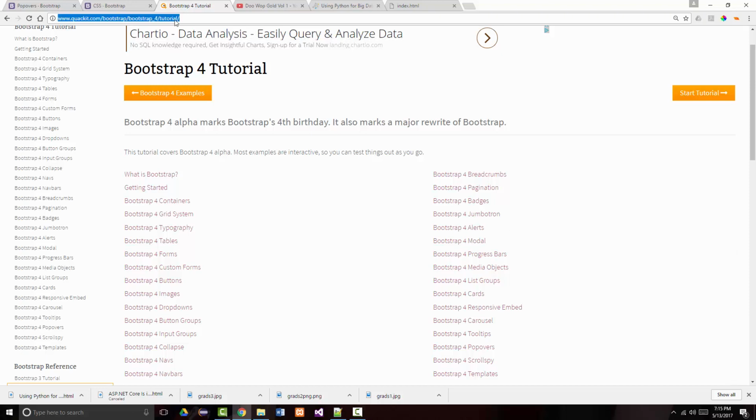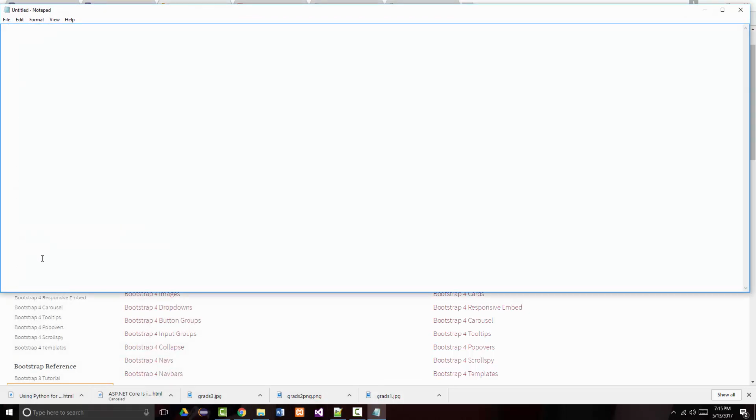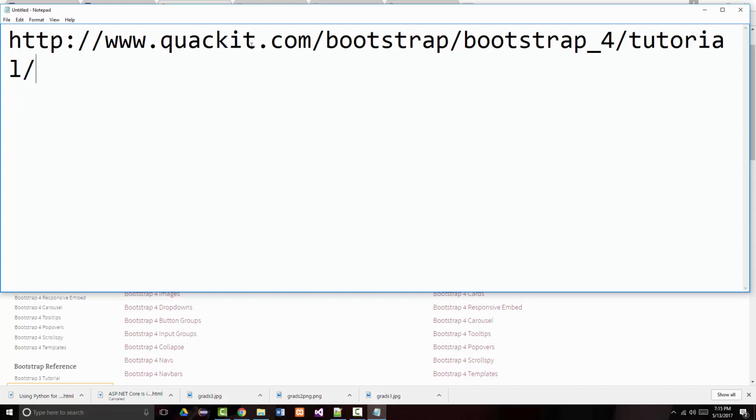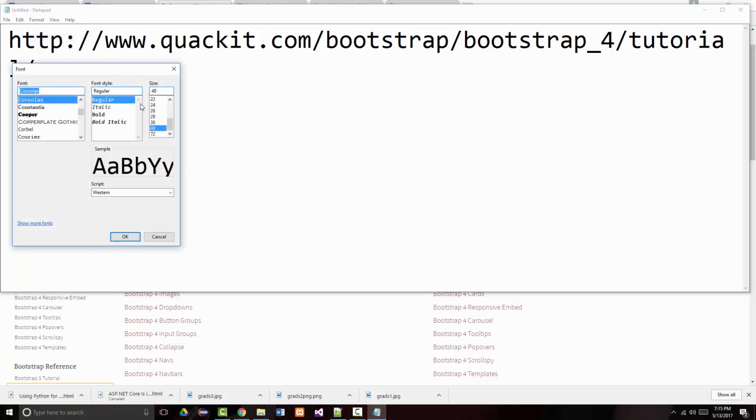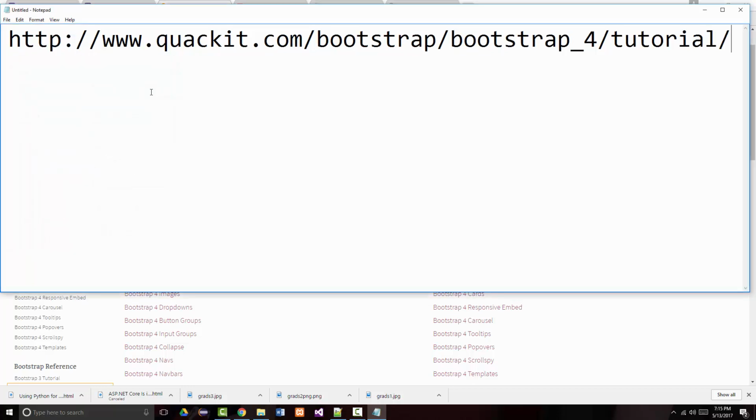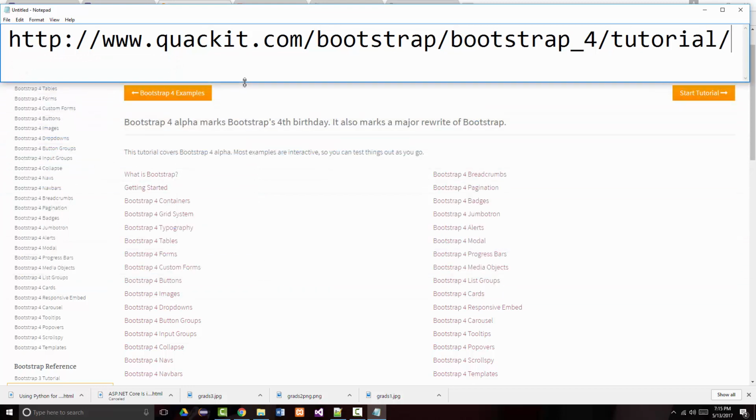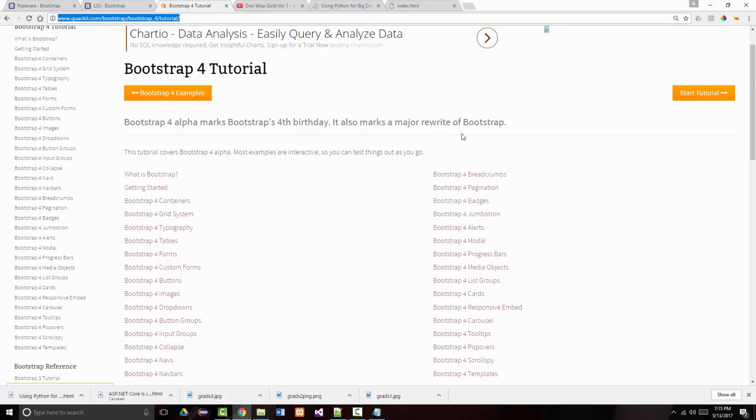I'm going to start going over this Bootstrap tutorial. And if you have any interest in taking a look at it yourself, blow this up a little bit so you can see it. There's where it is. Cut the font down just a tad. Okay, so if you're interested, it's at http://www.quackit.com/bootstrap_4/tutorial/